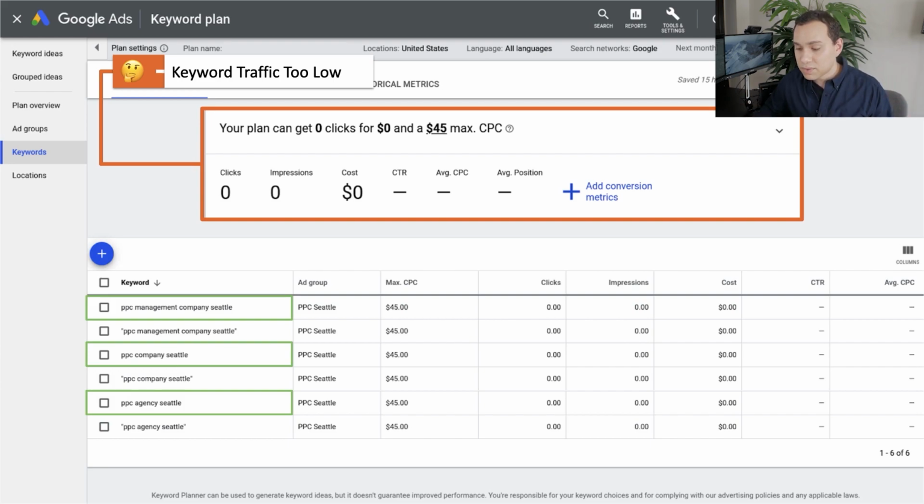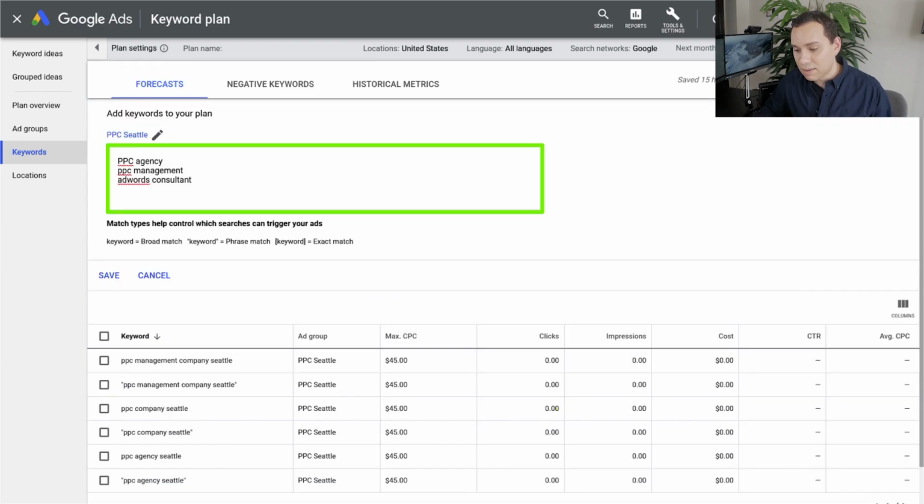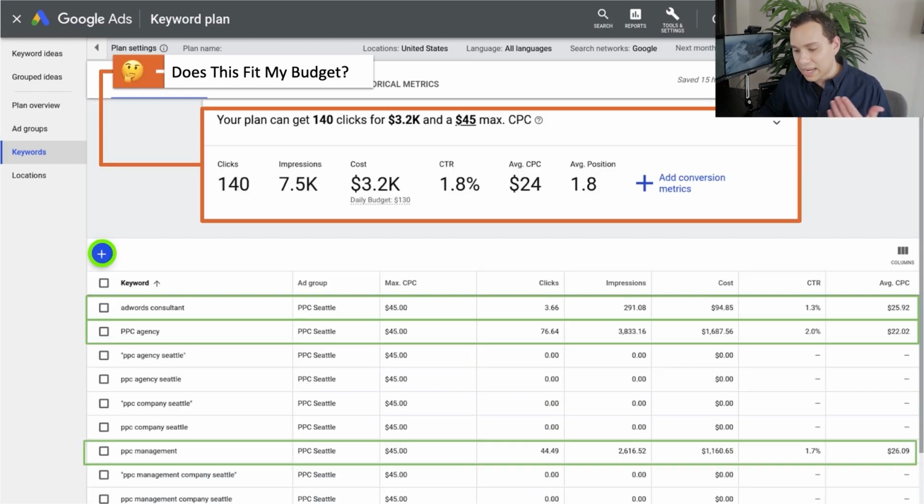So to help us with some data, I'm just gonna go ahead and add in some really general keywords and click on save, and now we get results. So we'll go through these, but I would never actually use these 3 keywords that I just added because they're just so very broad. But we do need some data to show you how this works.